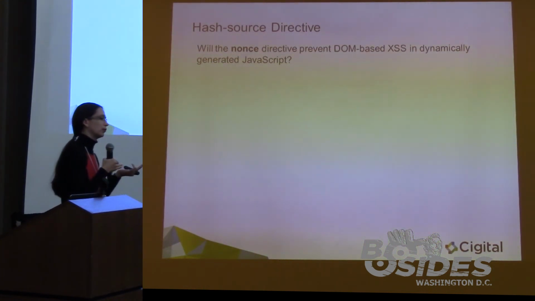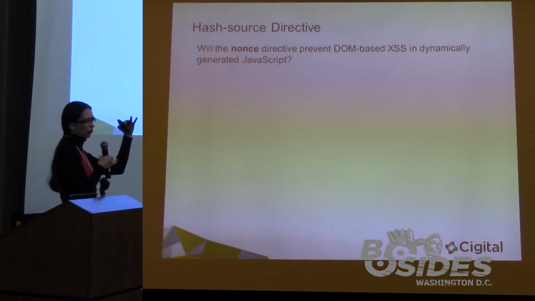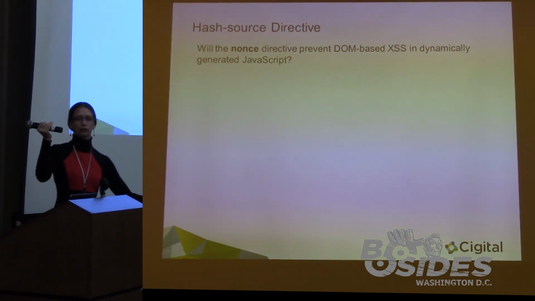So when we need that integrity, when we need to say, I'm sending you these 15 lines of code, and when you're executing them